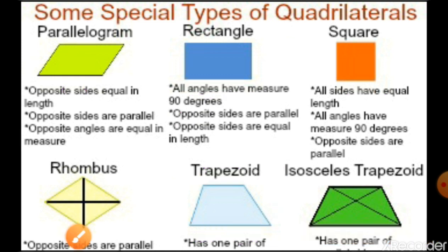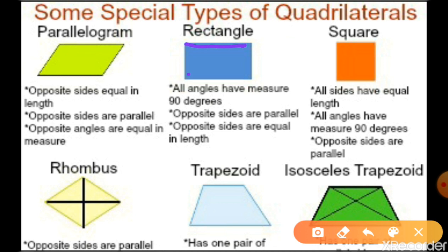Now on the basis of sides, the opposite sides are equal. Each angle is 90 degrees, and opposite sides are equal. Now on the basis of diagonals, the diagonals are equal and bisect each other. In the case of a rectangle, the diagonals are equal and bisect each other. In a square also, the property of the diagonal is the same: the diagonals are equal in a square and in a rectangle.